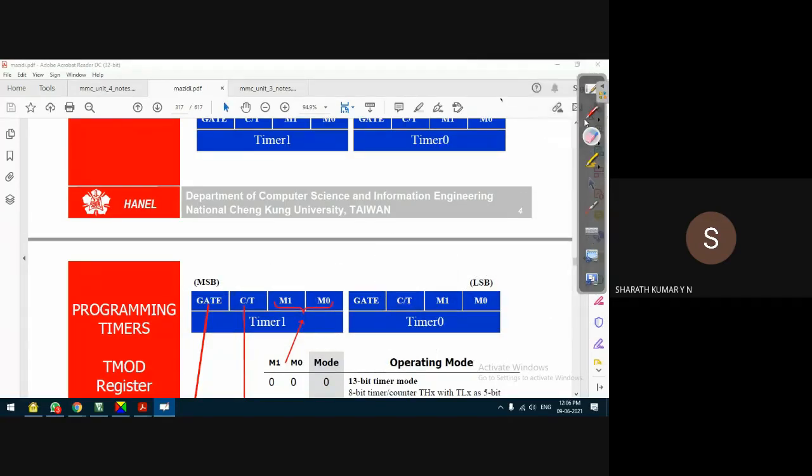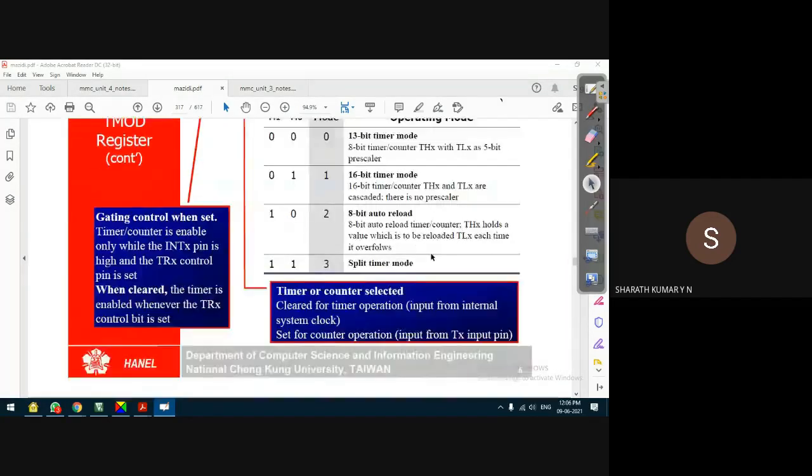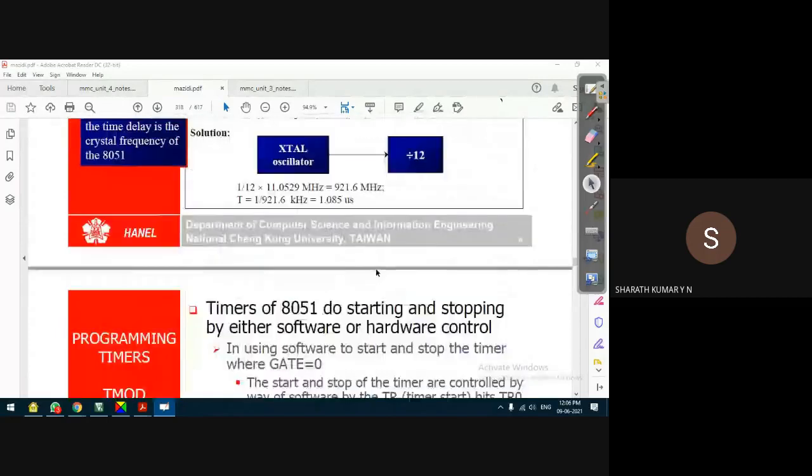Because in most cases, if the value loaded to the TMOD register is wrong, the complete program becomes wrong. The expectation is that the program is written correctly, but there are no marks for the program because the value in the TMOD register itself is wrong. That gives a wrong timer in a wrong mode of operation.